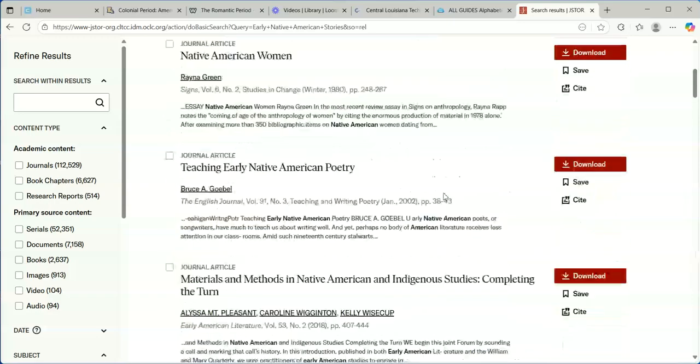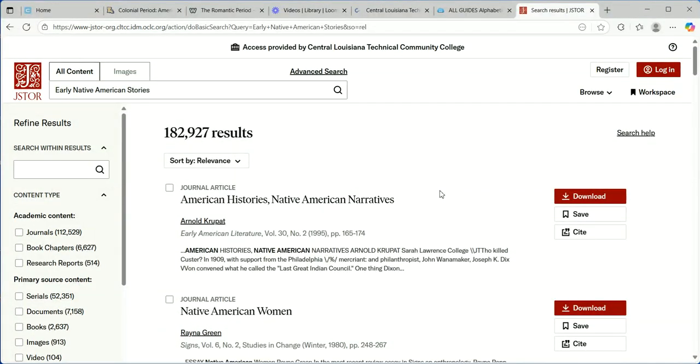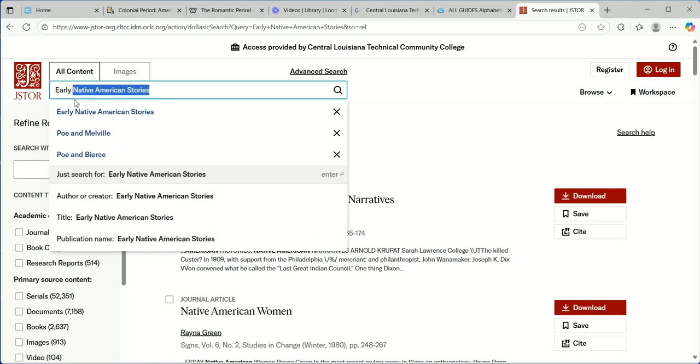So what this is going to do is take you to what's called secondary resources. These are all journal articles that have been peer reviewed, and this is the kind of thing that you'll want to use to actually cite when you're writing an essay about literature, about history, anything where they say they want you to use peer-reviewed